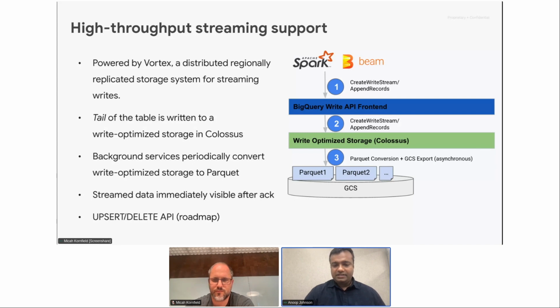And this data is actually replicated to multiple data centers for high availability. And the data that is returned into this write-optimized storage is visible immediately after a commit. So you could read the data with strong consistency. The way we extended Vortex to support Big Lake managed tables was to effectively